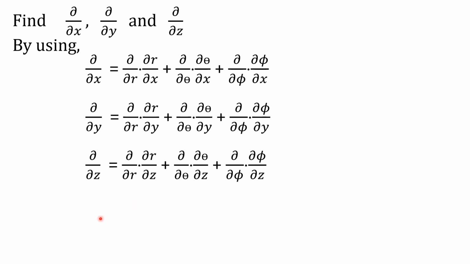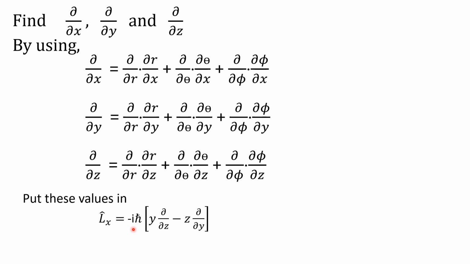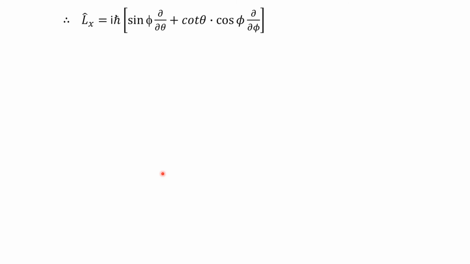Therefore, the x component angular momentum operator term that we wrote earlier is minus i h cross into bracket y del by del z minus z del by del y. Here we substitute del by del z. If we simplify this term, substitute here. Similarly, del by del y, that value we find from that equation and put the value here. If we find del by del z and del by del y in terms of r, theta, phi and put the values here, we write directly